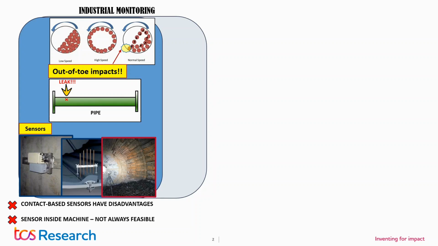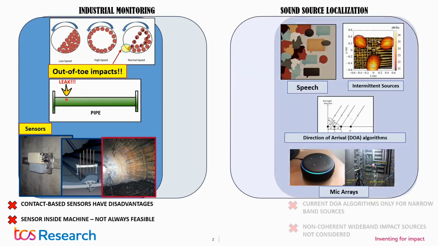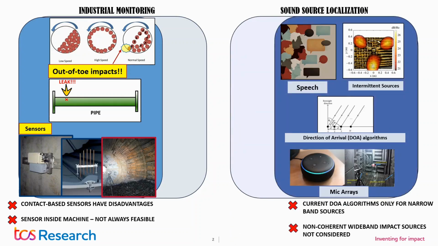Accelerometer and wear sensor, they are contact-based sensors. So you cannot do unobtrusive sensing or sensing from a distance, whereas a laser is pretty accurate in terms of finding the wear, but the problem is you cannot rotate the mill, right? So it has to be in a stationary mode, and only then you can find whatever you want to find, right? Now let us look at what literature says.